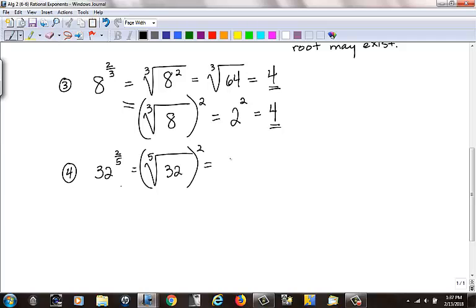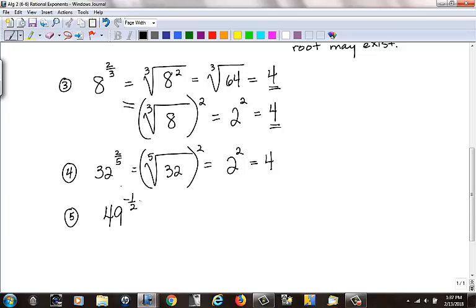What'd you say? 2? Yes, 2. 2 times 2 would be 4, times 2 would be 8, times 2 would be 16, times 2 would be 32. So the 5th root of 32 is 2, and 2 squared is 4. Okay, then the author is going to introduce what happens if we have 49 to the negative 1/2